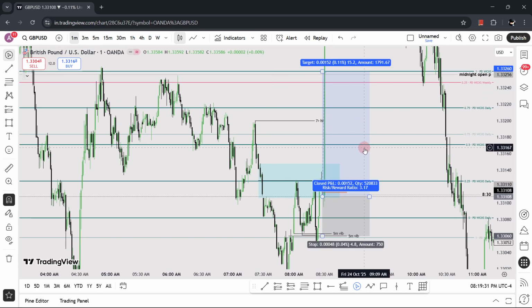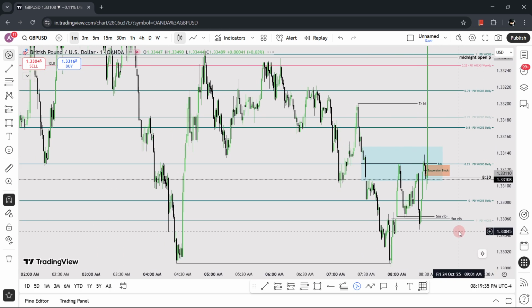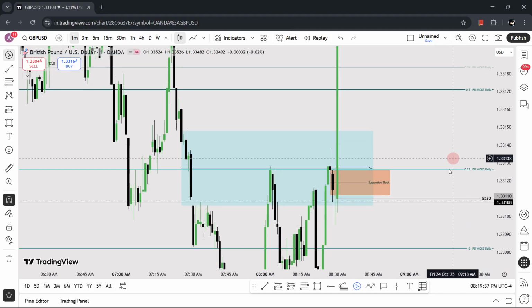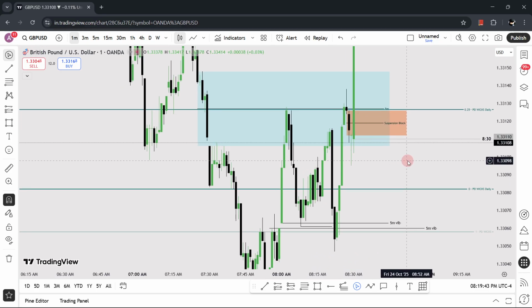Okay, that could be my max to max target, if there was no news. So what is this? A suspension block to the downside. It doesn't matter. It has to be reversed and come back, then you will take the entry, if you don't have the guts to take the entry here.